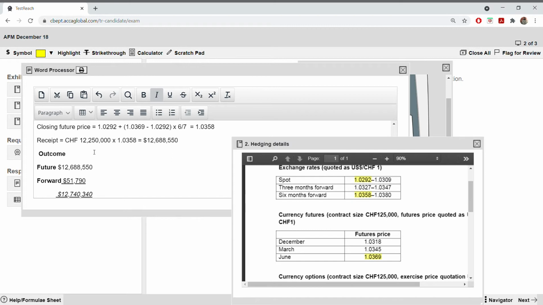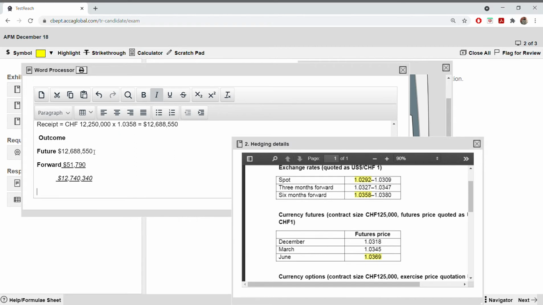The next is we have to do what? Option. One thing is for sure, if you have understood futures while practicing, if you are very good with futures, you are definitely going to be good in options. There is no doubt in that. The only addition in option is whether you have to go for call or put option, and the other thing is calculation of premium. That's it. Because future and option work in a very similar way. Number of contracts to find the closing future price, that closing future price you will be needing for options as well. So you have to be very good in future for you to be good in options.